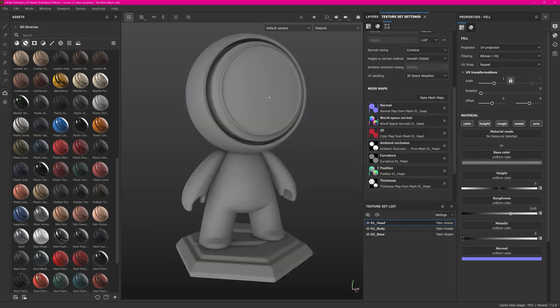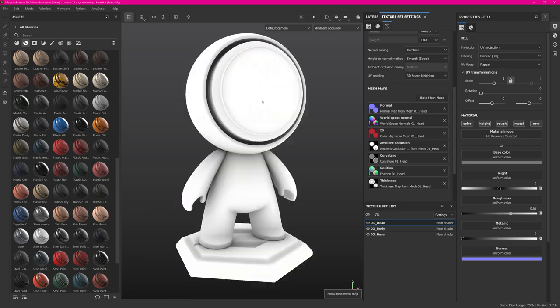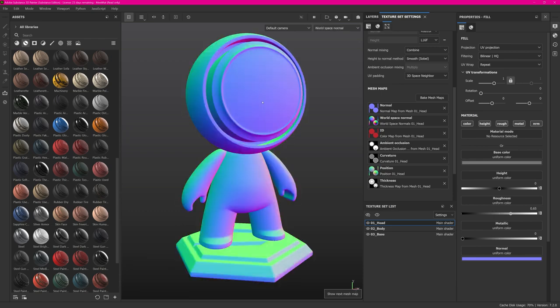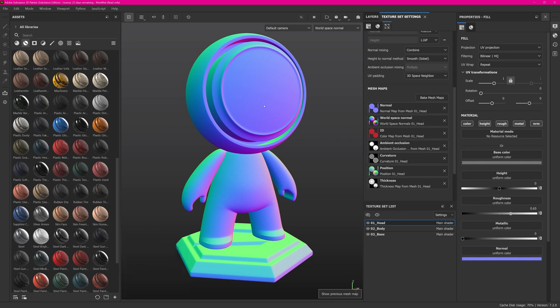After the baking is complete, you can hit B to cycle through your baked mesh maps. With Shift B, you go the opposite way. As you can see, all the maps are baked quite nicely, and it's always good to bake out a high resolution map. Even though it may take a little bit longer to compute, you will get way more accurate smart